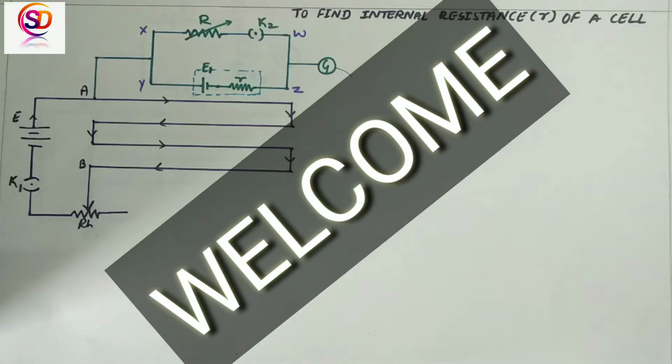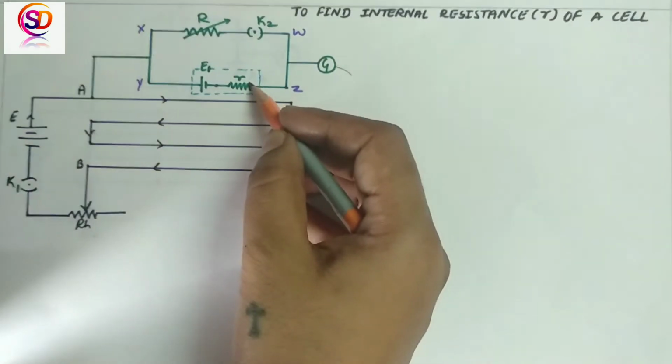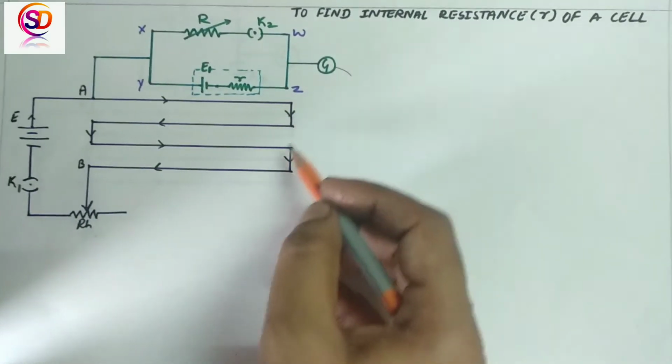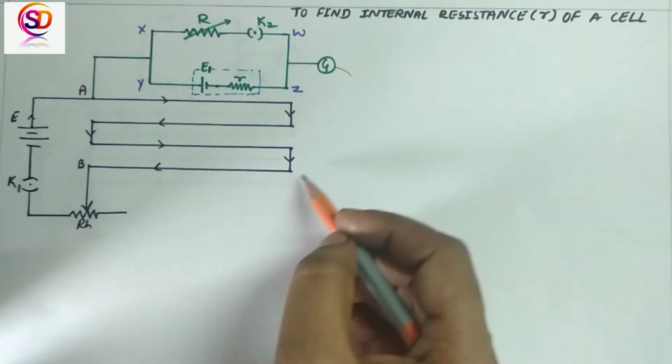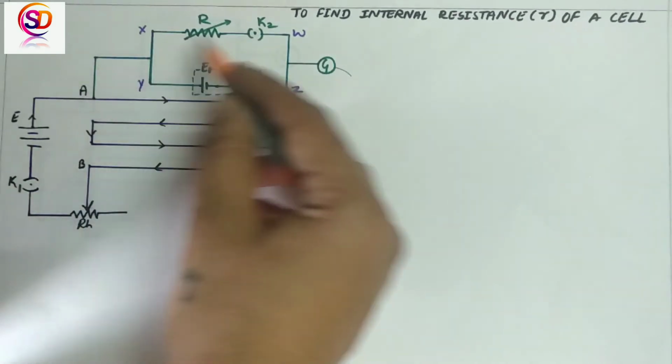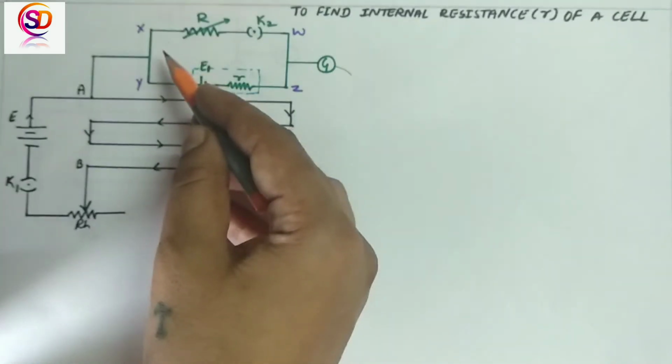How to find the internal resistance of a given cell. This is the cell whose internal resistance R we are going to determine by using the potentiometer. The black part of this diagram is the potentiometer, and the green part is the system